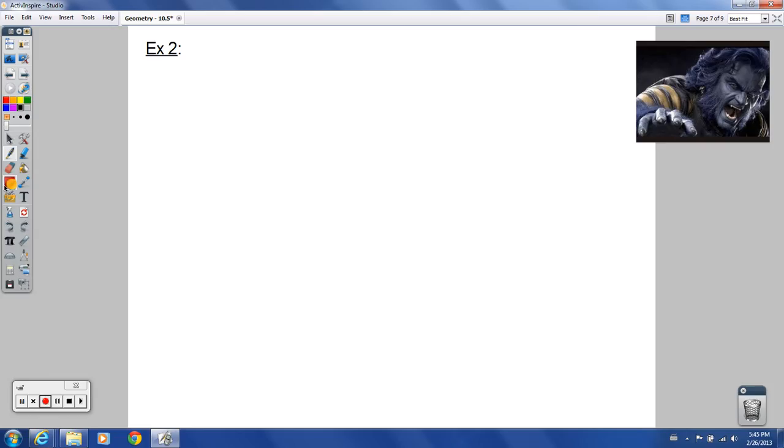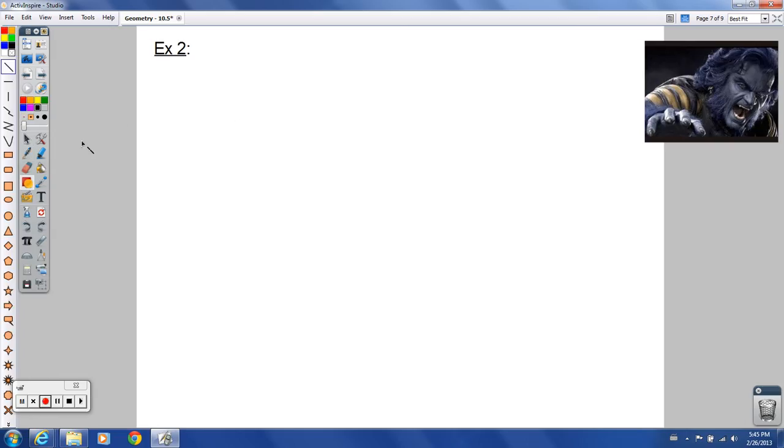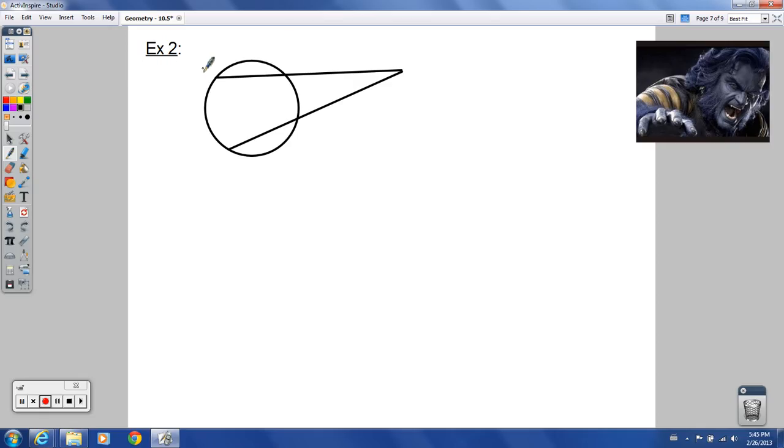You may recognize this guy from X-Men, some of the X-Men movies. Going to draw a circle like that, and let's draw in two secant lines like this here. So they're crossing through. Give the points some labels like you see here. This is not necessarily going to be drawn to scale. We're going to call this